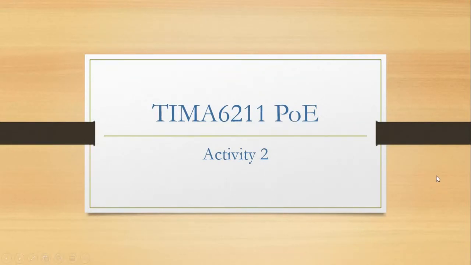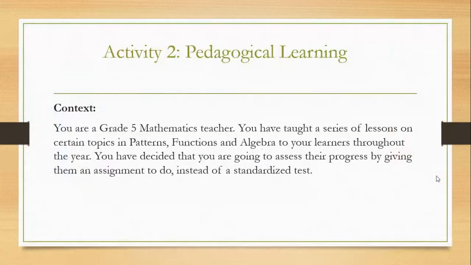TIMA6211 PoE Activity 2. Let's look at our instructions as per the PoE document. The title for Activity 2 is Pedagogical Learning. Your context: you are a grade 5 mathematics teacher. You have taught a series of lessons on certain topics in patterns, functions, and algebra to your learners throughout the year. You have decided that you are going to assess their progress by giving them an assignment to do instead